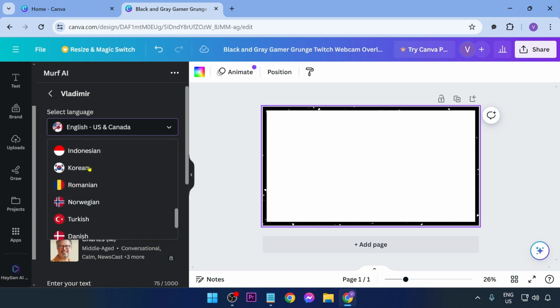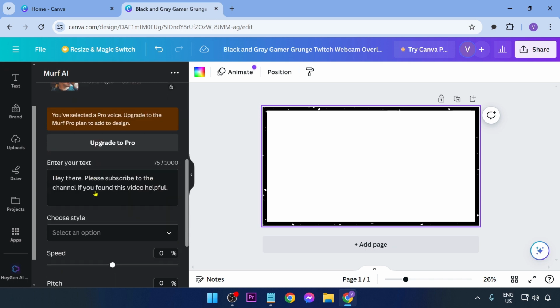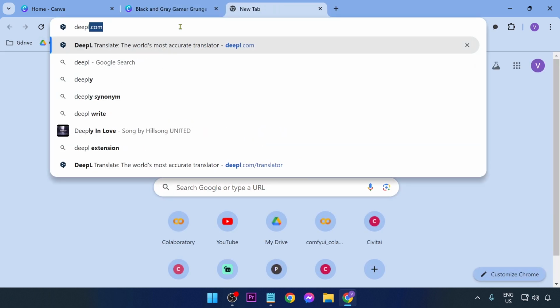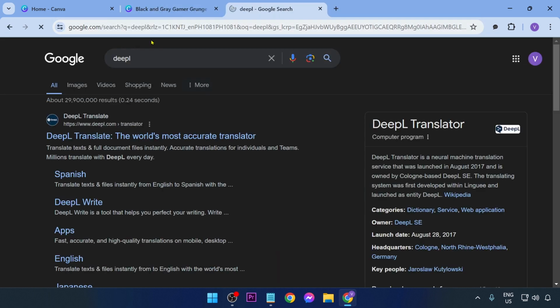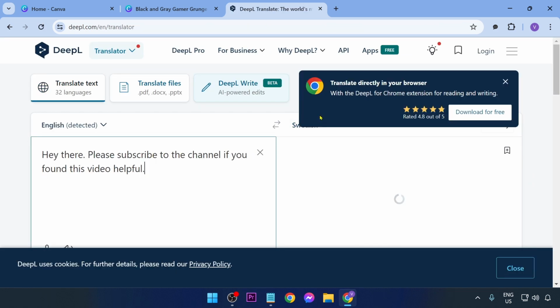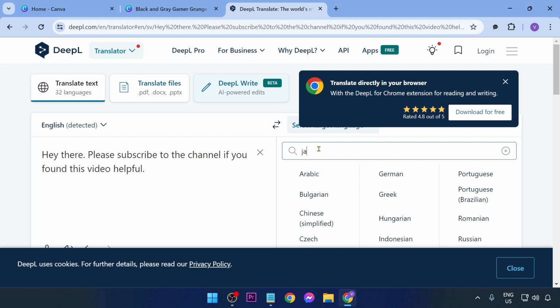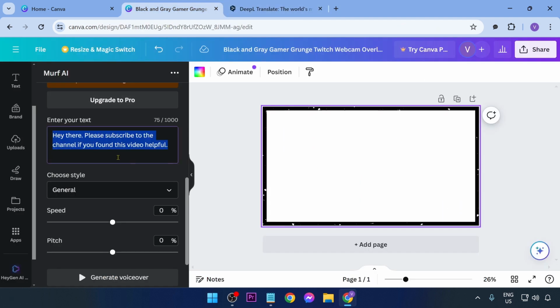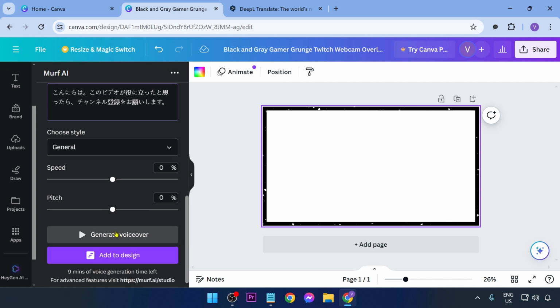So we're going to proceed with, say for example, Japanese. Now this time we're going to have to convert or translate this one, so we're gonna be using DeepL in this case. So I'm going to try to translate this one in Japanese. Alright, I'm gonna copy this one, paste it here, and then we're going to try to generate. こんにちは。このビデオが役に立ったと思ったら、チャンネル登録をお願いします。